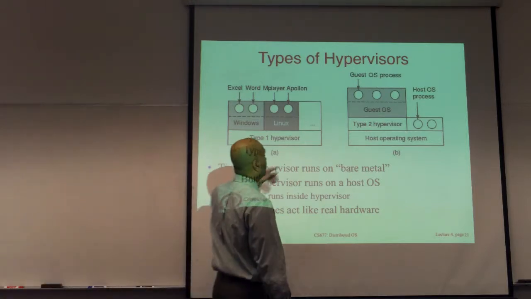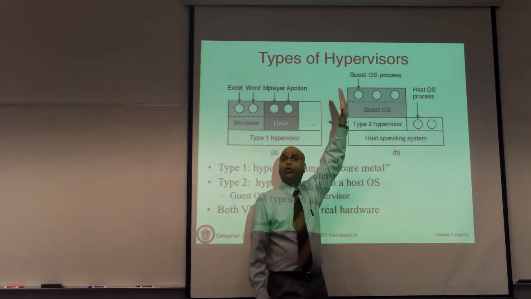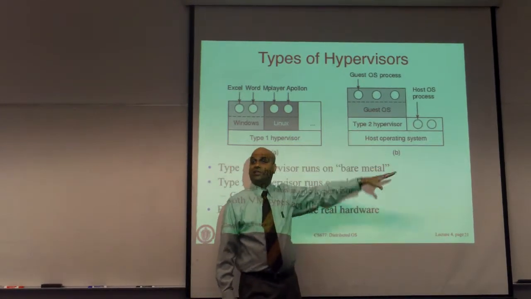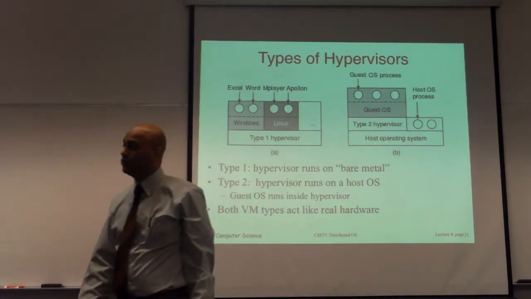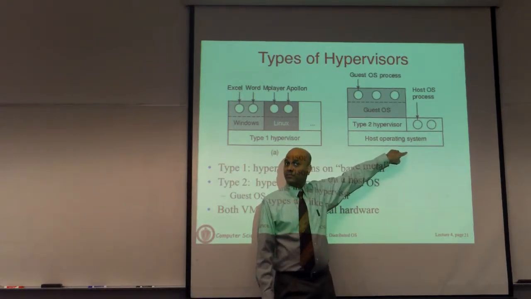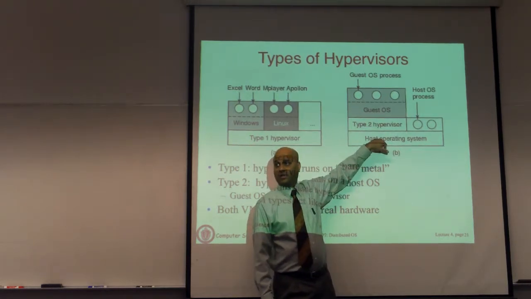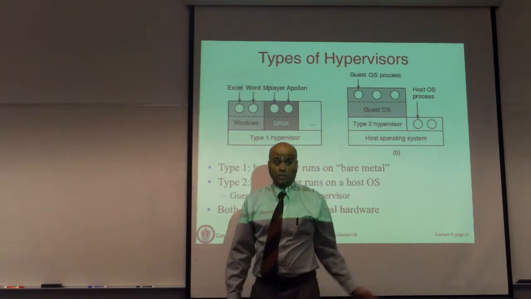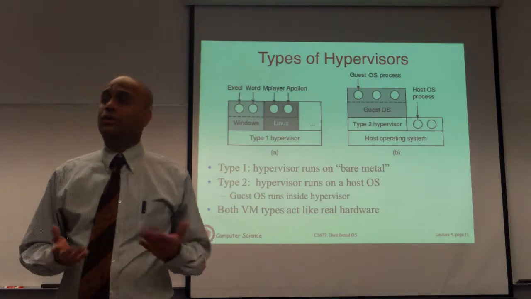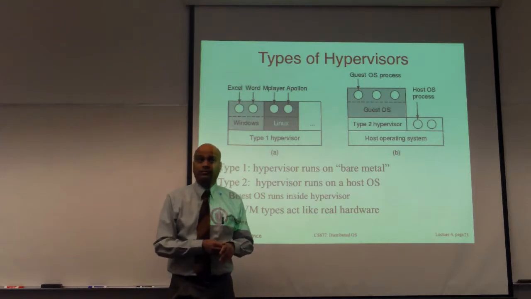So in this case, the guest will actually run in the virtual machine on top of a type 2 hypervisor. Now notice in this case that unlike the bare metal, the type 2 hypervisor doesn't directly control access to underlying resources. In this case, it is the host operating system that is privileged. The type 2 hypervisor is simply running on top of another operating system, unlike in the bare metal case. And then the guest OS actually runs inside the virtual machine. Again, for the guest OS, it looks like it's running on real hardware, but it's running inside a virtual machine. It's not running on real hardware.